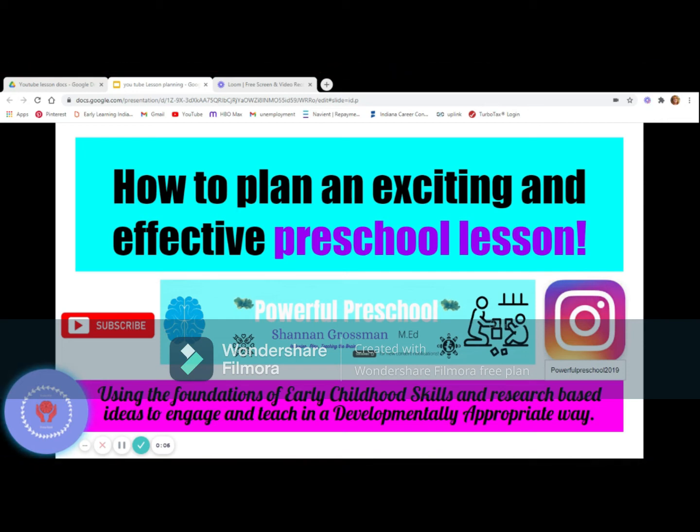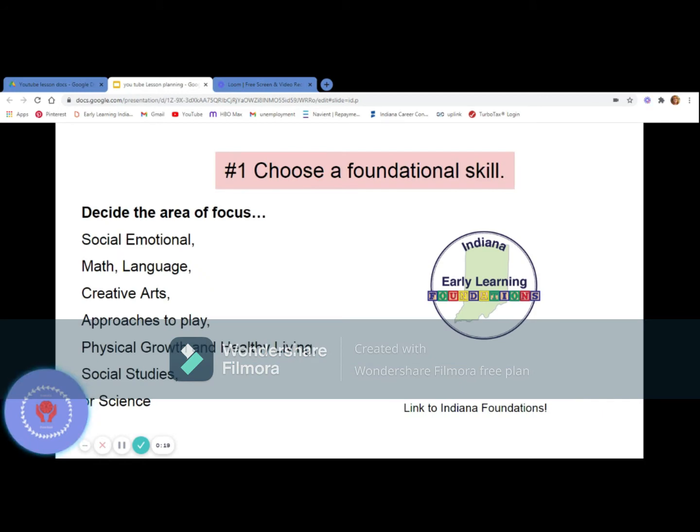To talk about how to plan an exciting and effective preschool lesson, I'm using foundations of early childhood skills and research-based ideas to engage and teach in a developmentally appropriate way. The first thing you're going to need to do is choose the foundational skill or area that you're going to